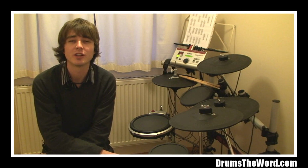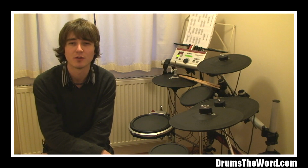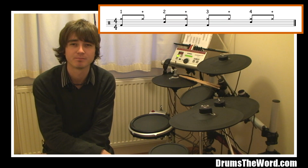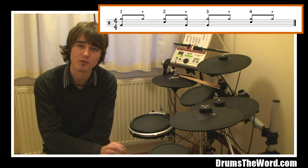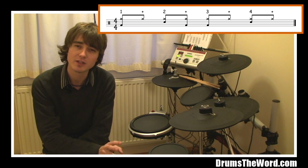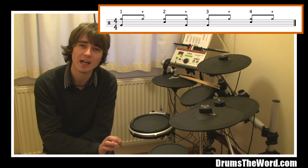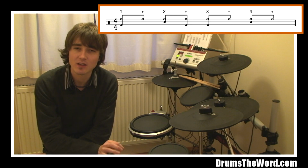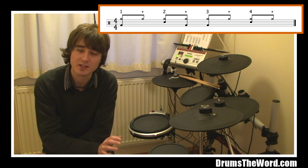Let's look at the notation for our final bass drum pattern, drum beat 3A. Compared to our last example with the bass drums on beat 3 and the and of beat 3, these two bass drums have been moved backwards 1/8 note onto the and of beat 2 and on beat 3. This slight difference in position of the two bass drums makes a big difference in the sound of the drum